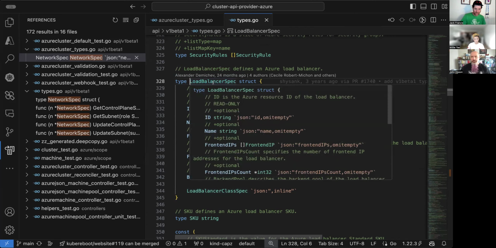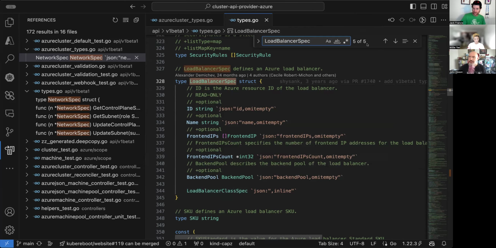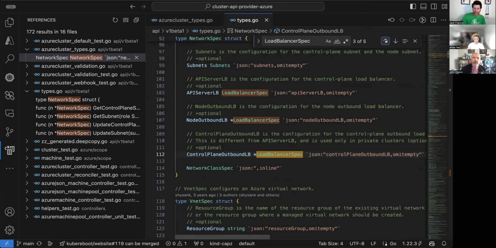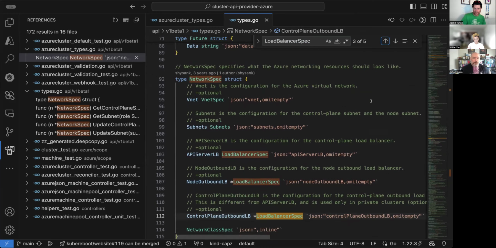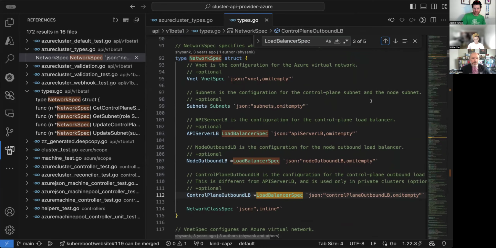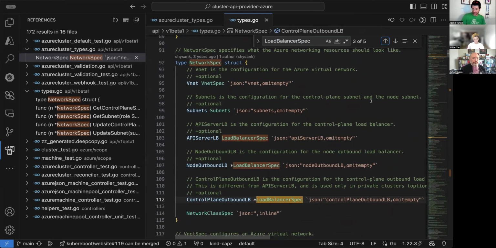So let me go back up to this again. I recall, very superficially, some conversations in Cluster API about how to have multiple API server endpoints from a Cluster API perspective.